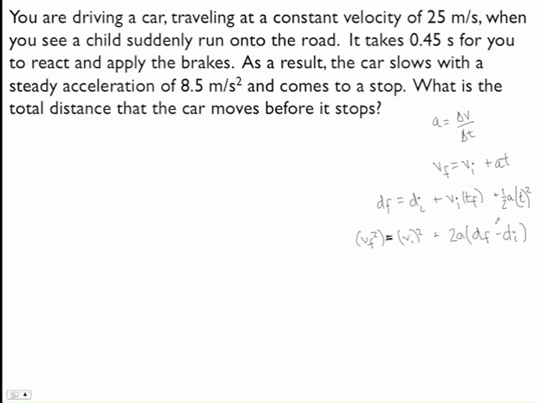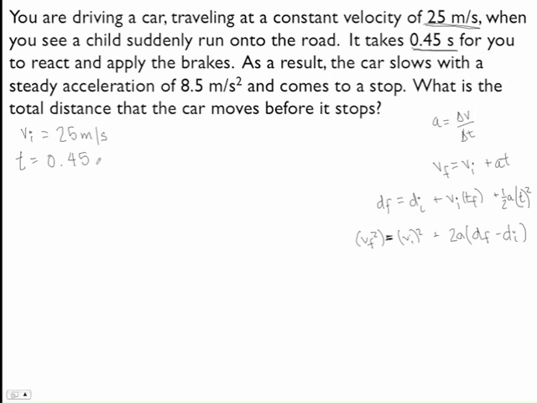Okay, now let's read the problem and see which formula we need. It says we're driving a car and we're traveling at a constant velocity of 25 meters per second. Okay, so our initial velocity this time is 25 meters per second. And then we see a child run into the road. It takes 0.45 seconds for you to react and apply the brakes. So that is your time,